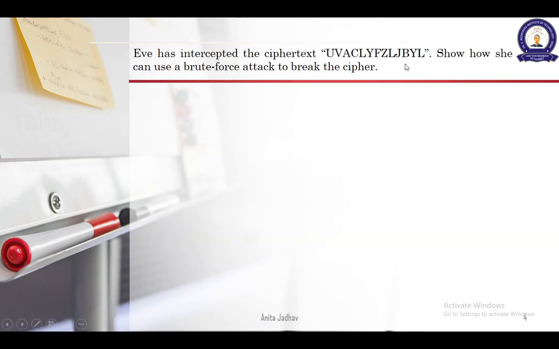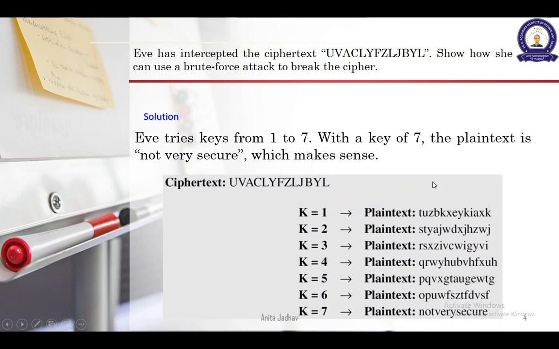One more case is where you don't know what the key is. The moment you see capital letters, you should know that encryption has already been done, and it is written that you can use brute force attack to break the cipher. So always try to find out the numbers first. You will write down the numbers first, and now in this case, instead of going for a mathematical formula, or instead of writing an encryption decryption formula, I will write plain text.